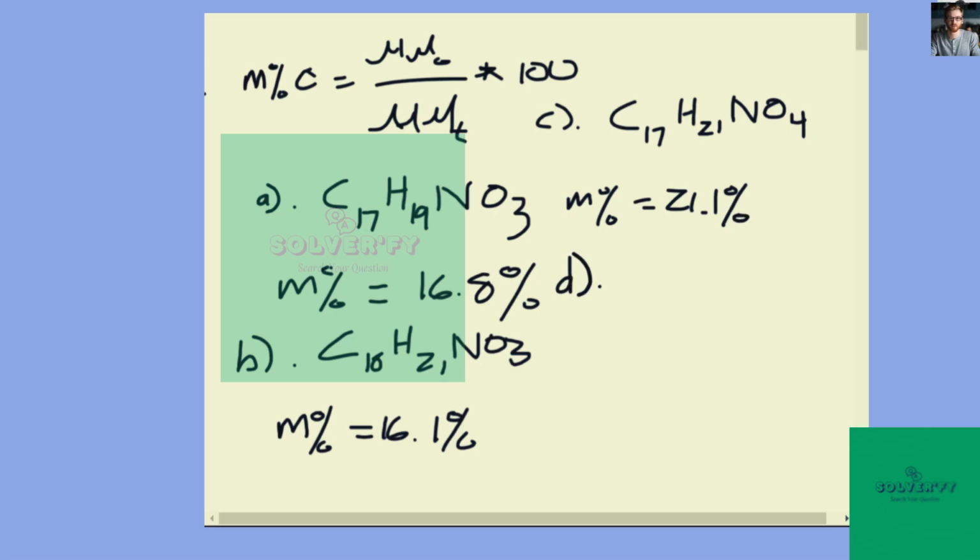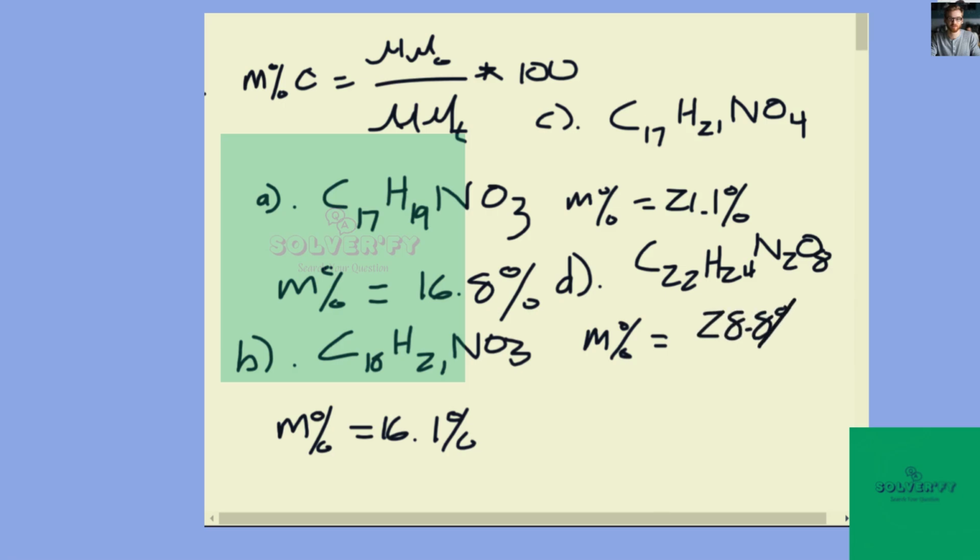In part D, we have the compound C22H24N2O8, so the contribution due to oxygen would be 16 times 8. And as a result, we find that the mass percentage of oxygen would be equivalent to 28.8%. In part E, we have the compound